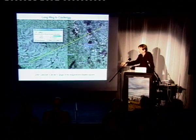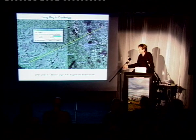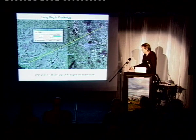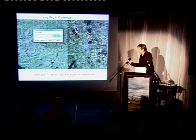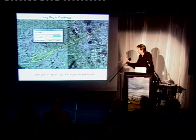Castlereagh is here, just to the east of Keswick. And the angle between those is 243.44 degrees, which, if you take it from the east-west line, is 26.56 degrees. It's the exact angle of a double square. Now, if you look closely at this section here, you'll see that that line going from Longmeg down to Castlereagh